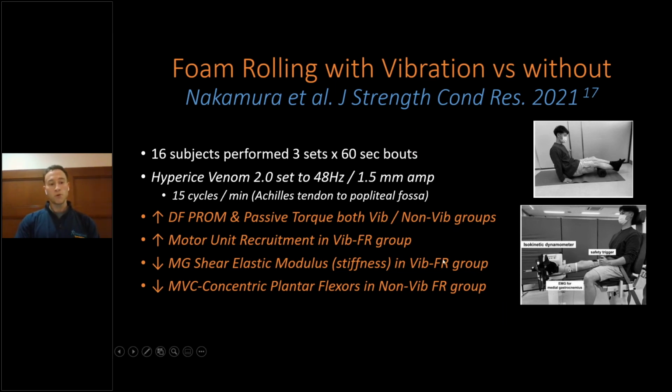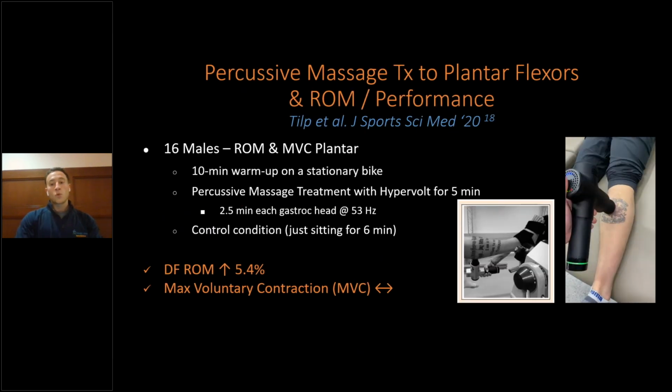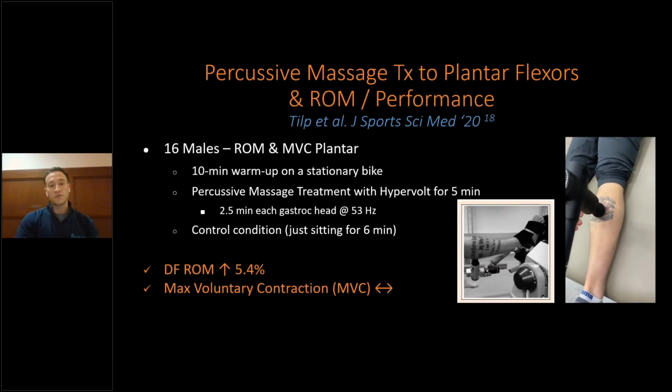And what they found was that while both groups' passive range of motion and passive torque were increased with both vibration and non-vibration foam rollers, there was an increased motor unit recruitment in the vibration foam rolling group. They also had decreased shear elastic modulus, which indicates stiffness, when using the vibration foam roller. And actually, those that used the non-vibrating foam roller demonstrated a decreased maximum voluntary contraction during concentric action of their plantar flexors. So overall, vibration foam rolling could increase range of motion and decrease muscle stiffness, regardless of strength and performance deficits. When it comes to percussion massage and treating plantar flexion for range of motion and performance,